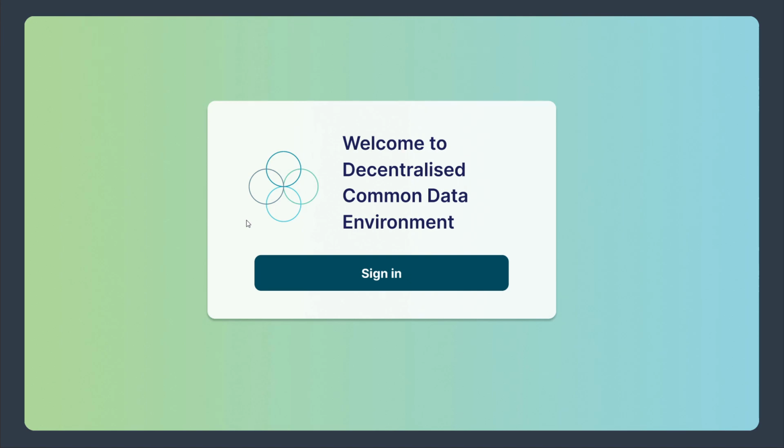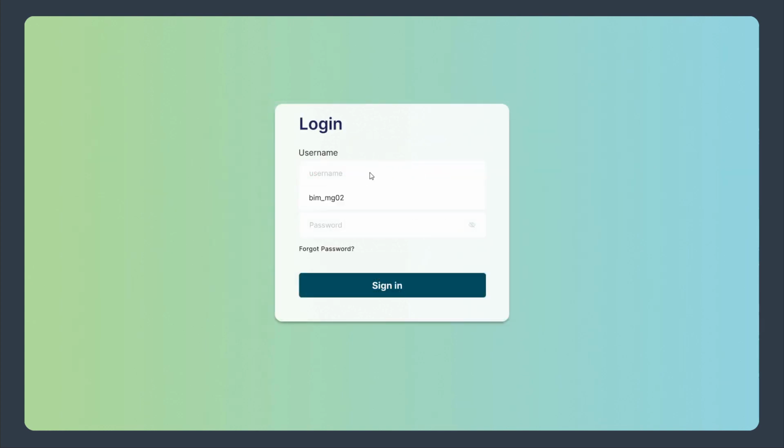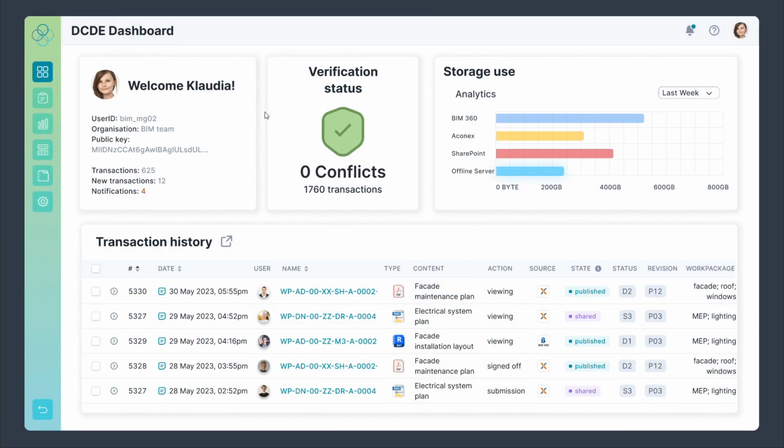The first page of the tool is the sign-in page, where we have to put our credentials such as username and password to sign into our project. And the first welcoming page contains all of the basic information about our project, such as the user information,